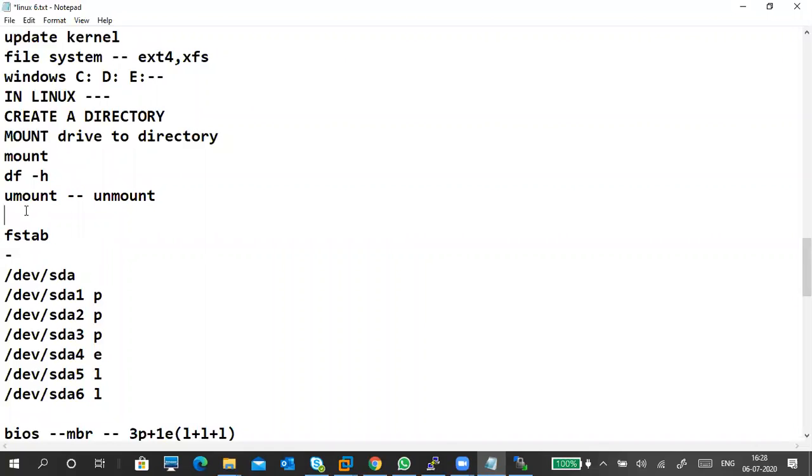In the olden days they were mounting with the temporary mount, this one. This is a temporary mounting. If you don't have any mount points, then you have to mount it to this one. Check the mount. Okay, fstab is the file system table, where we can use permanent mounting. Even if you restart your PC, the mount is always there.